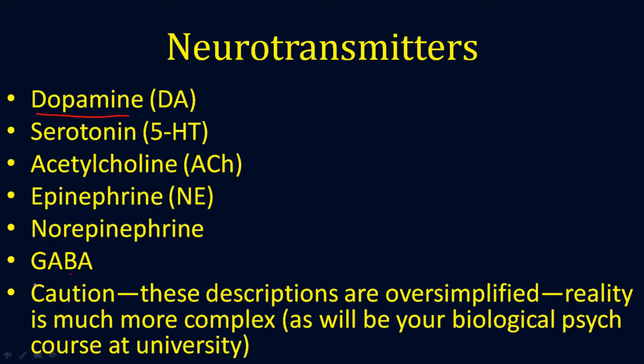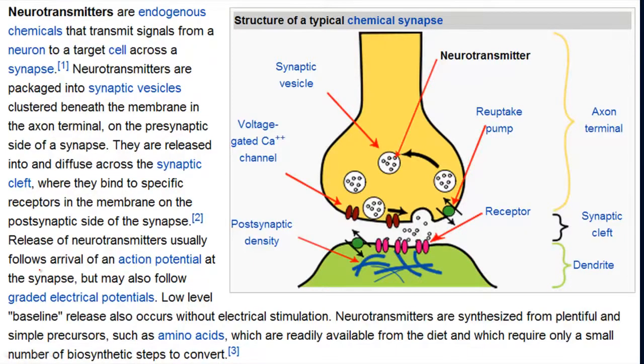The reality is much more complex, as are the various chemical interactions and biological interactions of what happens inside both the brain and the body. So this is just a quick review, and in your biopsych class at university, you will have a lot more detail. This is a quick little screen capture off of Wikipedia, and it shows you the basic sectioning here of